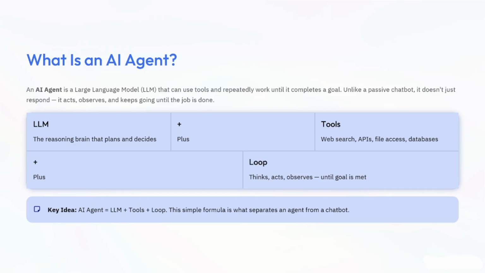Let me give you a real life example so that you can easily connect with the topic. Imagine your teacher says, find the top 5 AI YouTube channels. A chatbot simply gives you 5 names. But if you have built an AI agent, it will literally search in Google, visit each website, compare subscribers, read reviews, prepare a table, cite the resources, then deliver the final answer. So you can see the difference. If you build an AI agent, it will save you a lot of time.